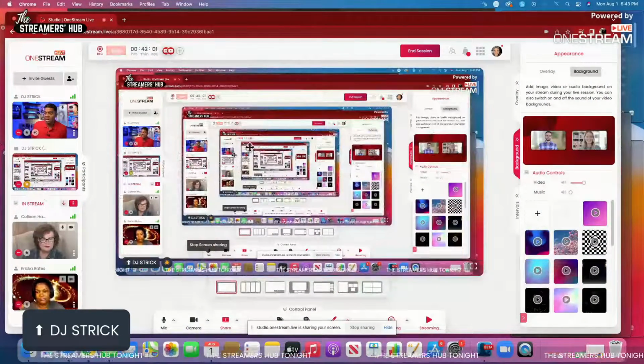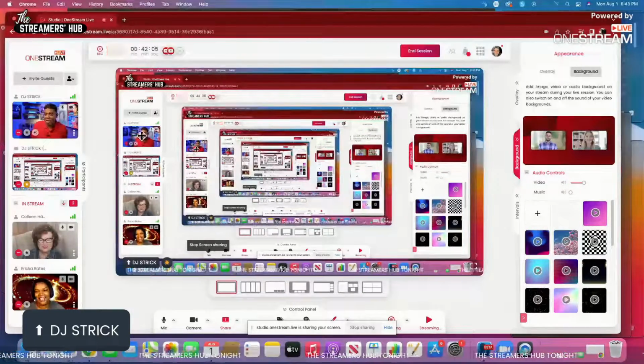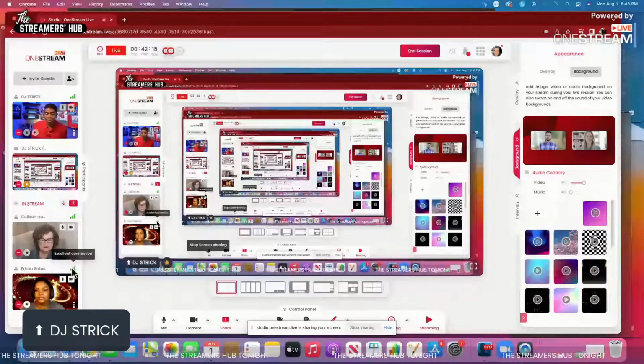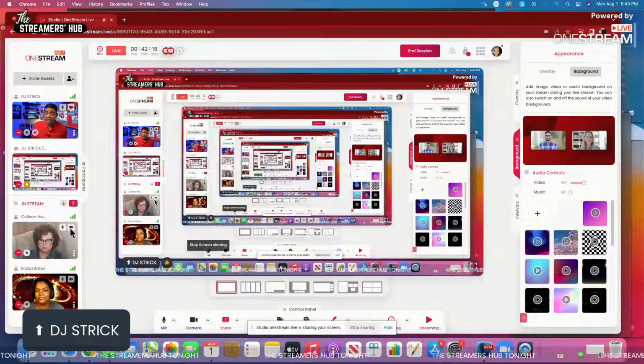There we go. And please don't worry about the infinity screen that I have right here. But if you look down the left side of the screen here, you can see the green bars. This lets me know how people are coming in strength wise. It lets me know how the signal is coming in.